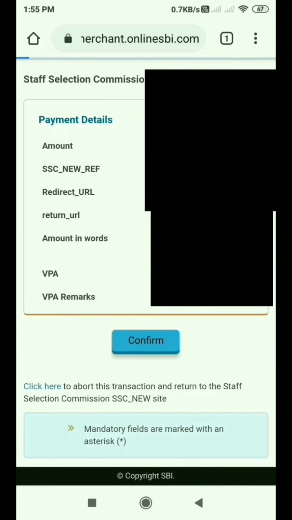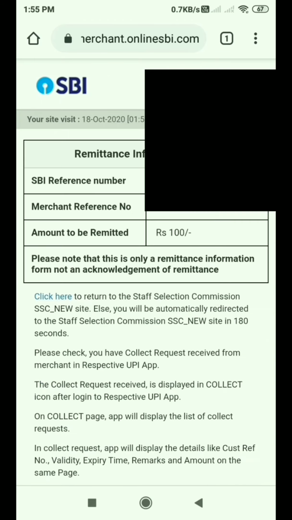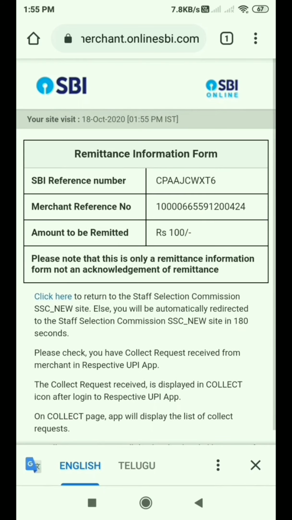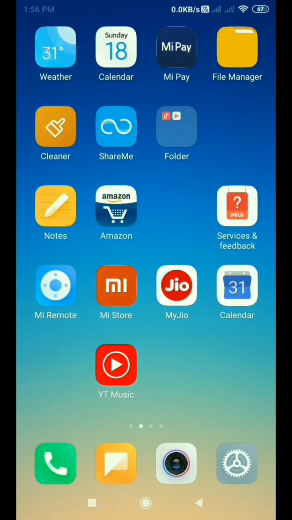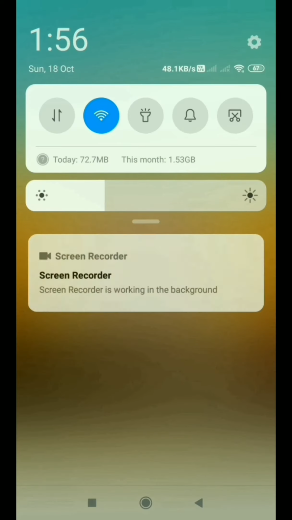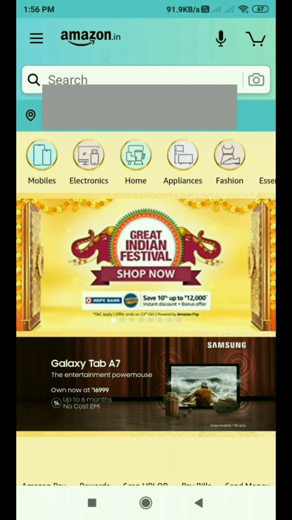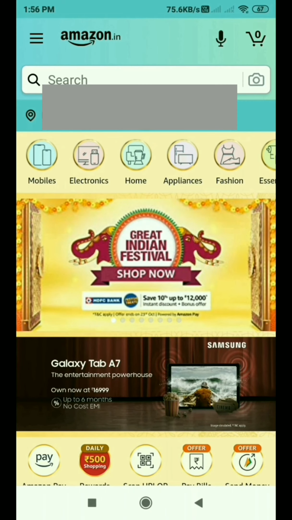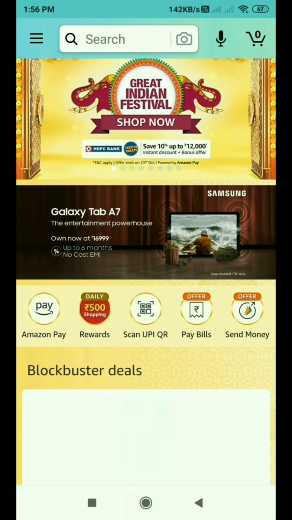It is loading. After that it shows the payment, and go to the UPI payment way, which app you enter. I enter Amazon Pay, and click go to. I am going to Amazon Pay here. Yes, it is opening. After that, I don't receive any notification till now. So I want to go to the payment page, and I am seeing till now I don't receive any notification.